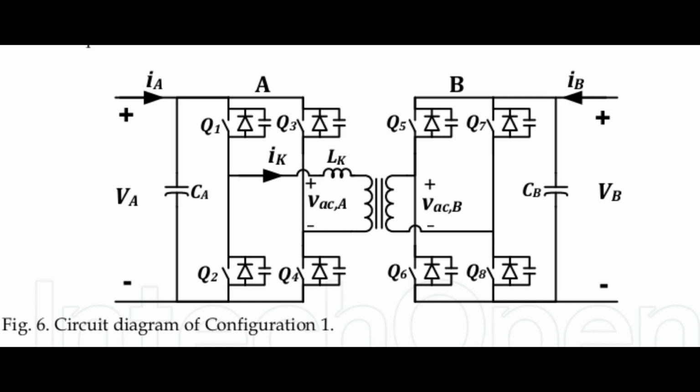So what is happening is the incoming voltage across VA will be converted into a square waveform, and then the square waveform energy is transferred through the transformer and given to the circuit on the right-hand side, and then all the four diodes will rectify it and charge the capacitor CB. The same thing can happen in the reverse direction also. It all depends upon which switches are controlled and in what way they are controlled. So power can go from VA to VB as well as VB to VA.